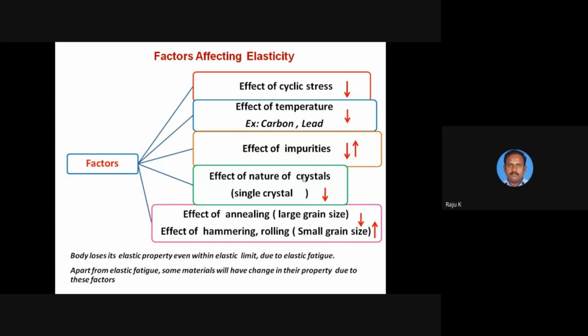So far we have discussed some basic definitions of the elasticity of the material. In the next class we are entering into the parameters stress and strain, and based upon the stress and the strain, what the different types of stresses are, what the different types of strains are, and by having the ratio